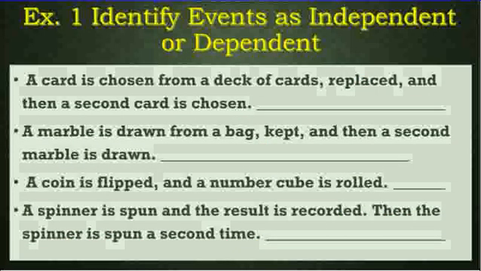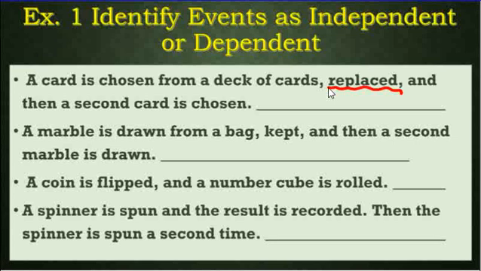Next one, a card is chosen from a deck of cards, replaced, and then a second card is chosen. The keyword is "replaced," so the chances stay the same, so it's independent. A marble is drawn from a bag, kept, and then a second marble is drawn. The keyword "kept" tells you that the probability does change from the first drawing to the second, so this would be